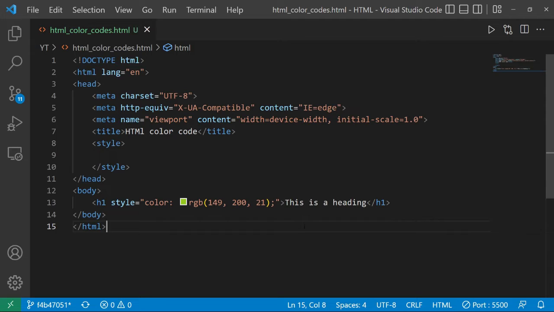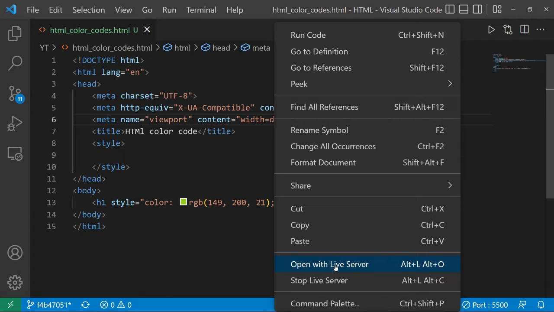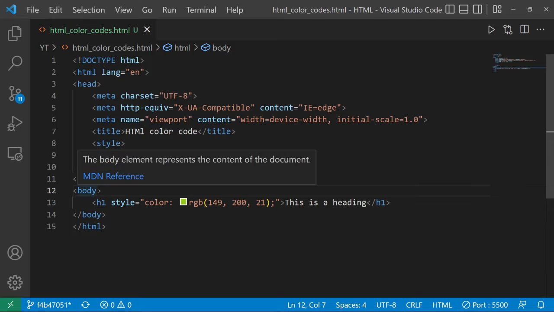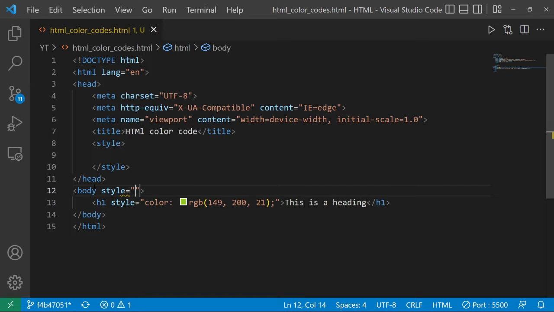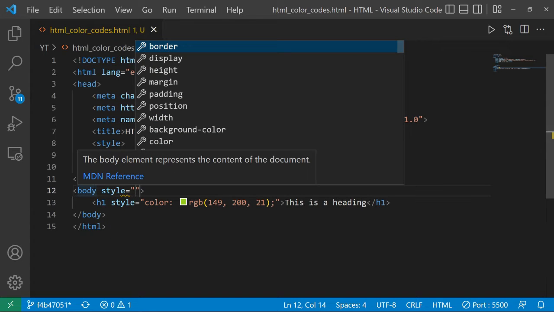Now let's observe the changes by opening this in a web browser. Just right click and open with Live Server. You will observe the color of the heading is the same color that we applied with the RGB value. Now let's try to change the color of the whole web page by using the RGB color code. To change the background color, we have to apply the style property inside the body tag. So type style in the body tag, and we have to change the background color, so type